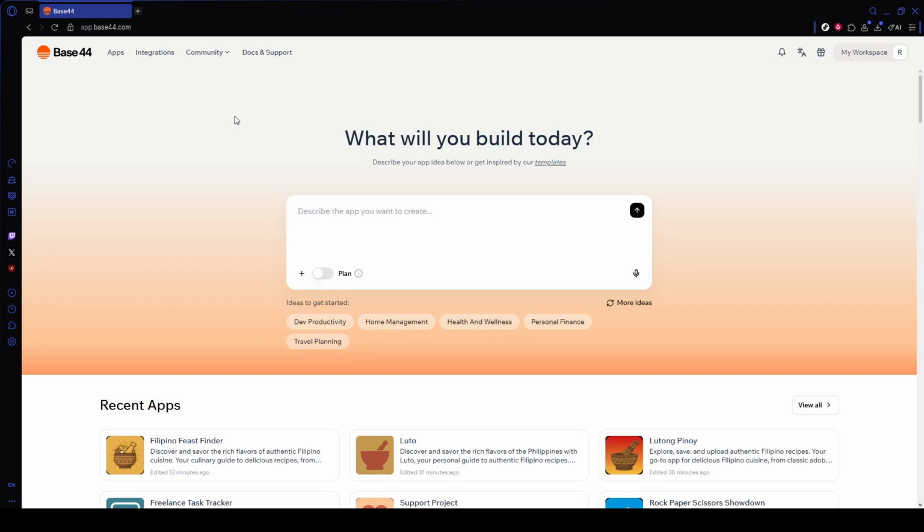In today's video, I'm going to teach you a Guide Base44 tutorial: how to build an app with AI. We'll start right on the Base44 dashboard. Open your browser and head to